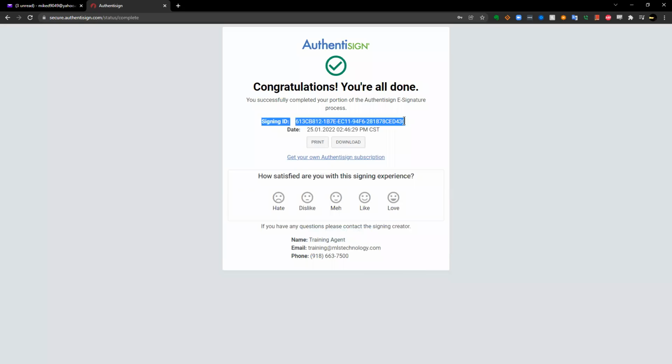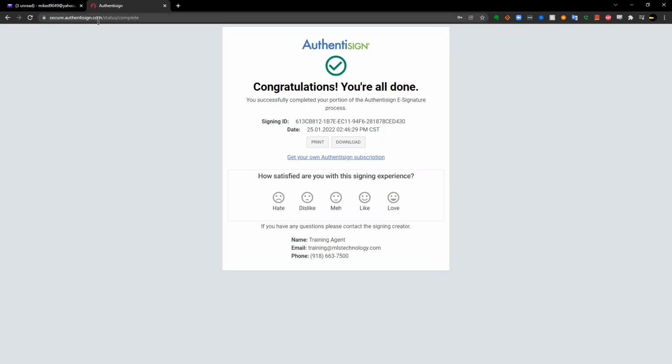So just to tread back onto this, the signing ID is actually the digital signature code that's validating that this particular signing is a legally binding document. Whenever you have a situation where someone's questioning the authenticity of this, or whether or not this is a legally binding contract since it was signed through Authentisign, this is the code that's related to all the details about the security related to this particular signing. This is also the code that's going to now be printed on each and every page of the signed documents.